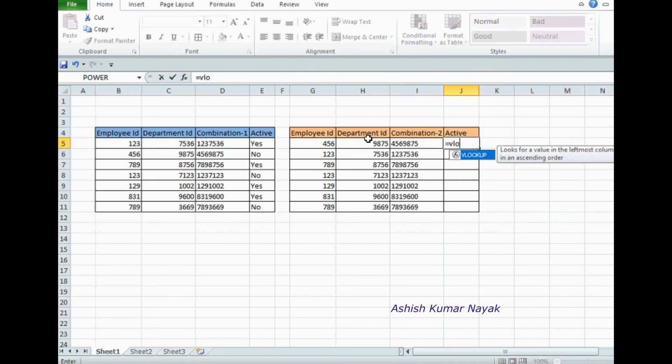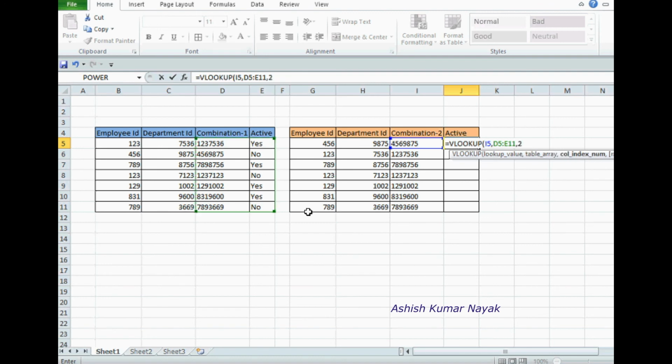VLO, double click on VLOOKUP, select the value in the combination 2 column, type comma, select this combination 1 and active column, all the values in the first table, type 2.